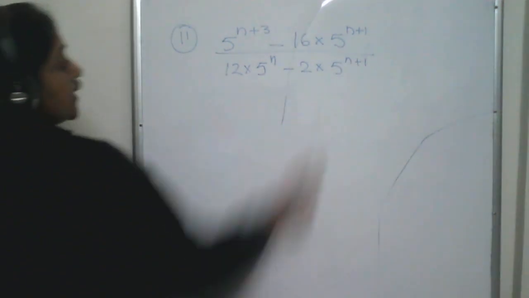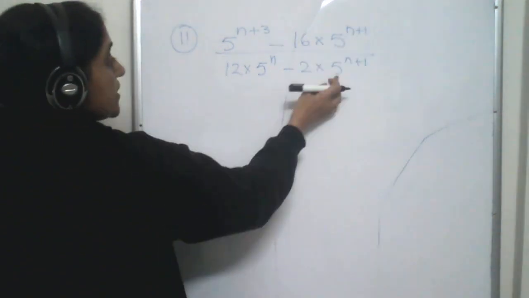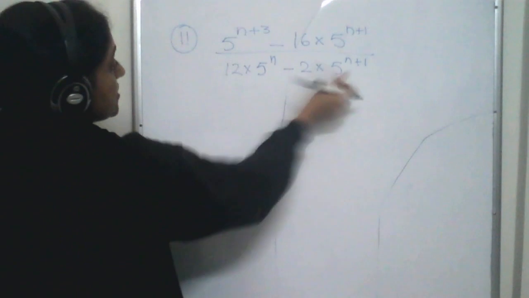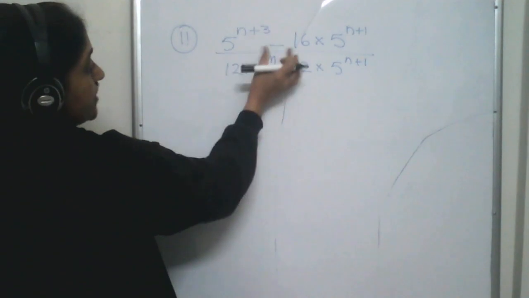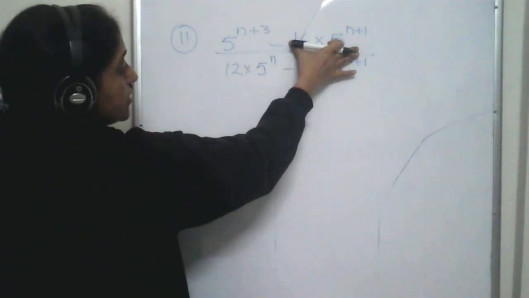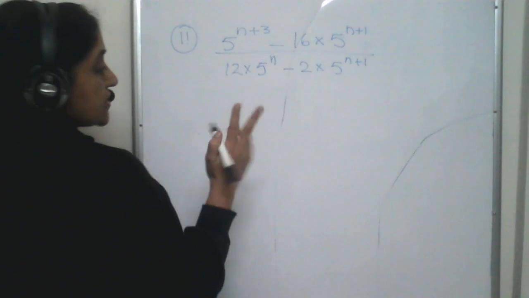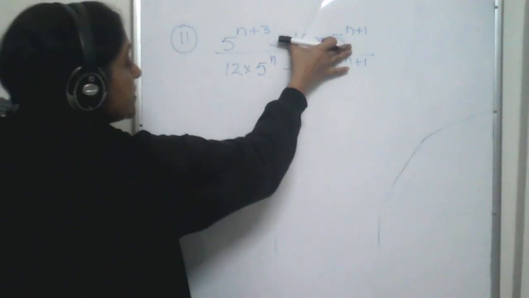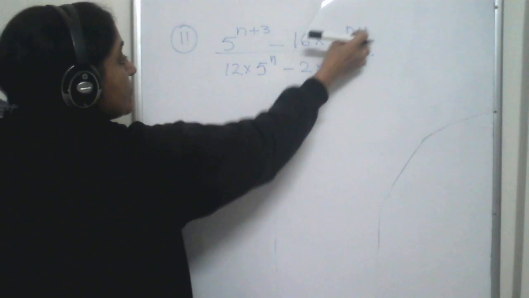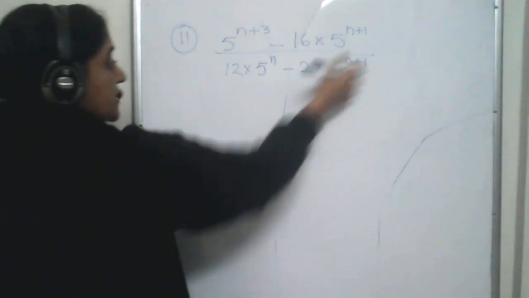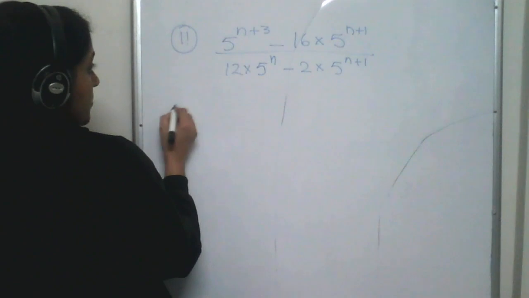Now you might see 5 to the power n plus 1 here and 5 to the power n plus 1 here, but they cannot be cancelled, because here there is one term minus this whole term. Whenever multiplication is there, it doesn't divide the things into two terms, it is only one term. So 5 to the power n plus 1 is in subtraction with this, so you cannot cancel here. So you are supposed to